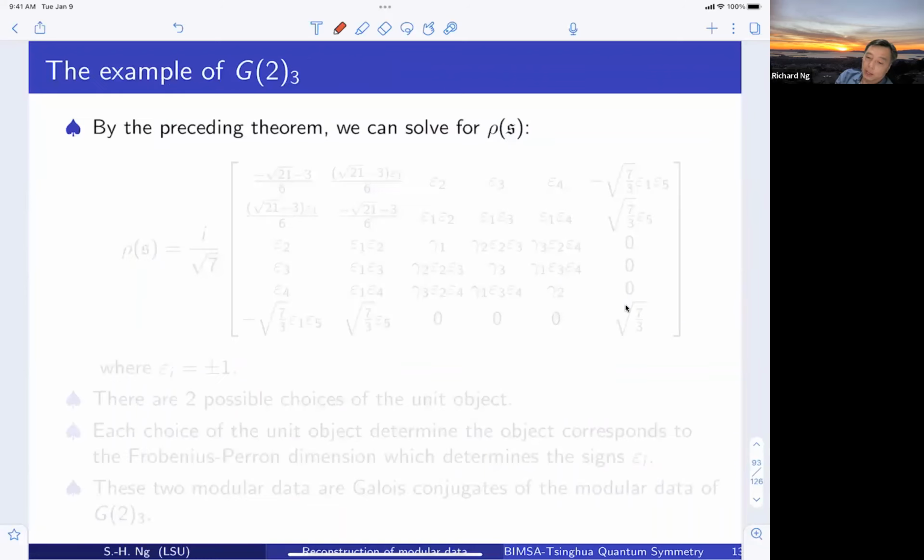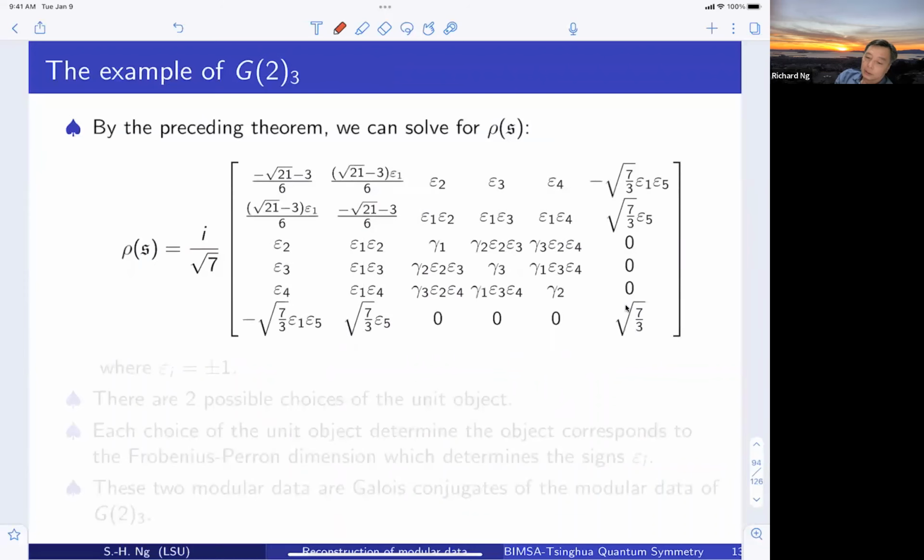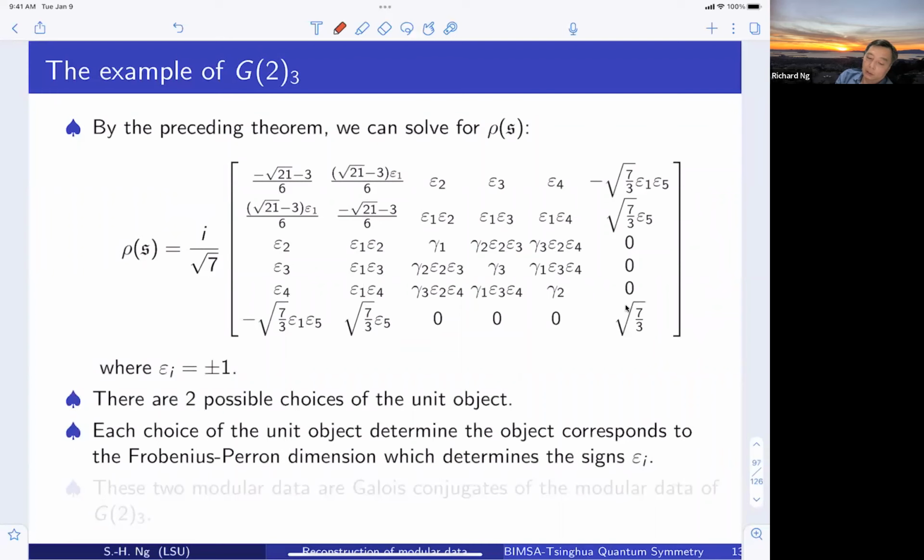So indeed, you can just write down, again, up to a sign. So now it's closed. Either this one is not realizable or it's the genuine one, up to a sign. So how can we determine the sign? Same as before. We pick the unit row. These 2 are the only possible unit rows, because they have zeros. So I try both of them, and then by using the dimension, you can see that the Frobenius-Perron and the unit object are distinct, in fact. So they cannot be the same. That means one is the unit, the other one is the Frobenius-Perron, and vice versa. So you can use it to determine the epsilon and end up solving the whole modular